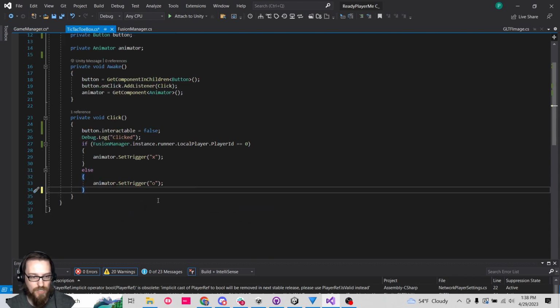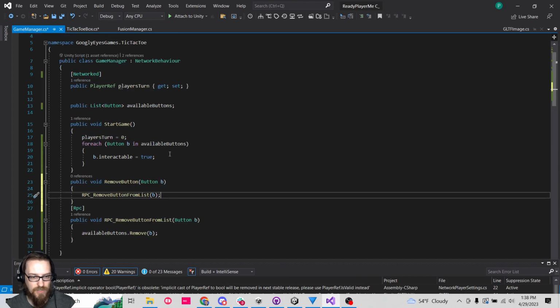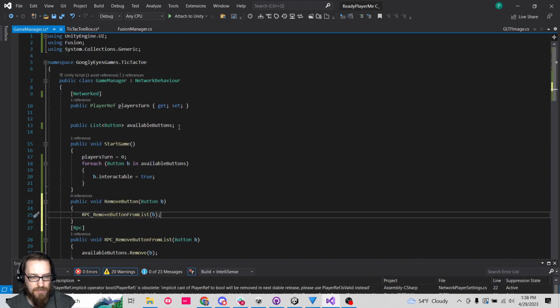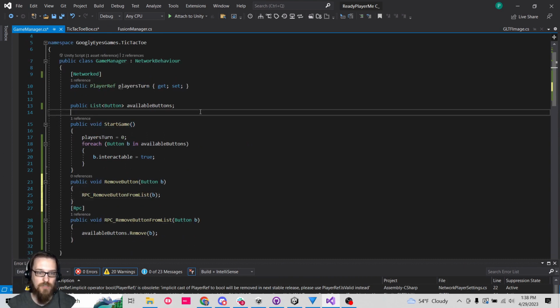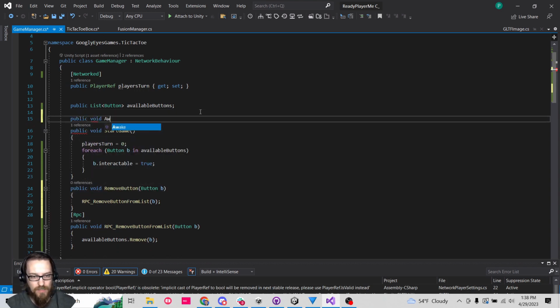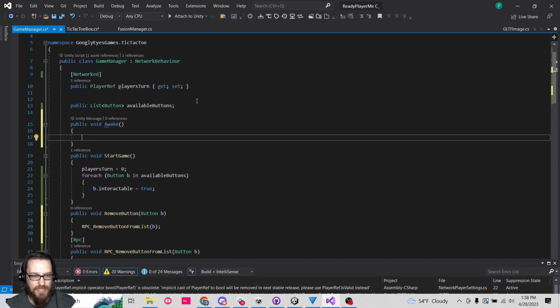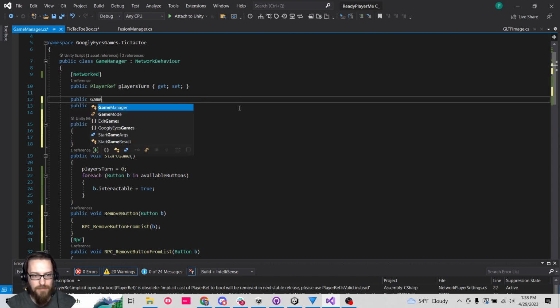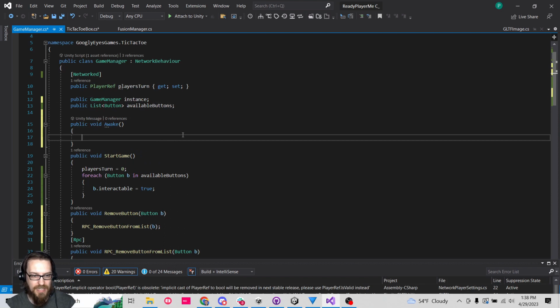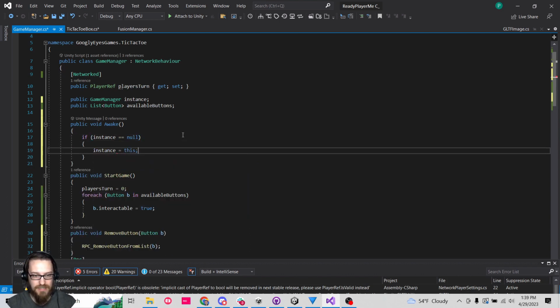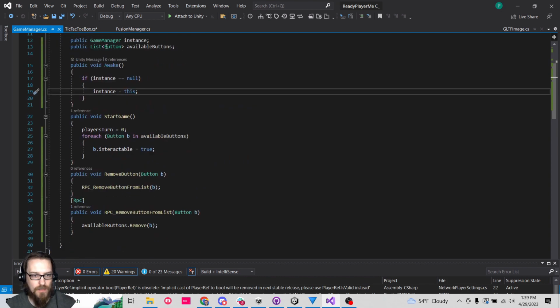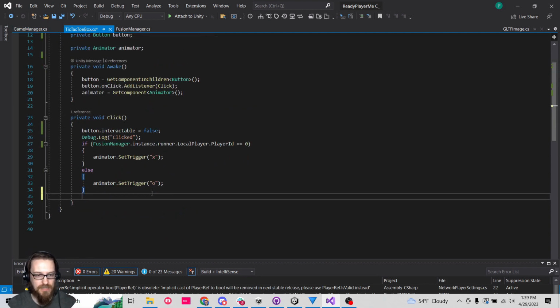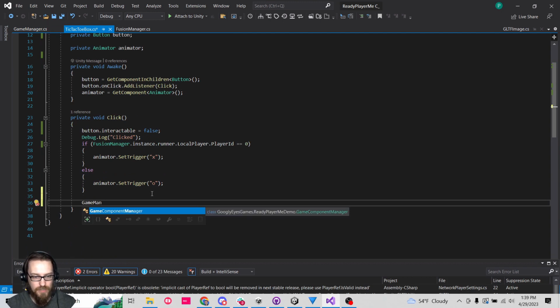So then I can come to the TicTacToe box, and I think our GameManager, we don't have our GameManager instanced, so let's do that. So let's do public void OnAwake, and let's do a public GameManager instance. And on awake, if instance is null, then instance is this. Then I can just come over here to the TicTacToe box, and I can do GameManager,